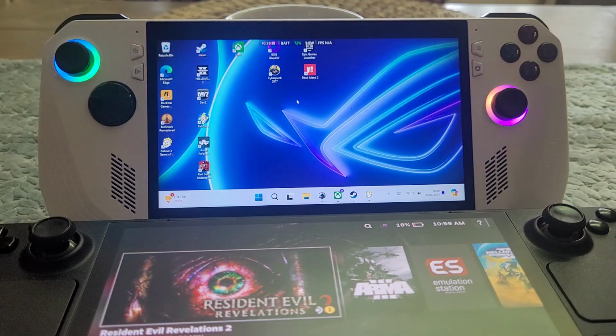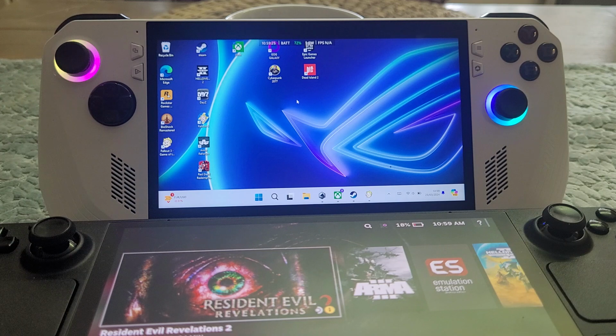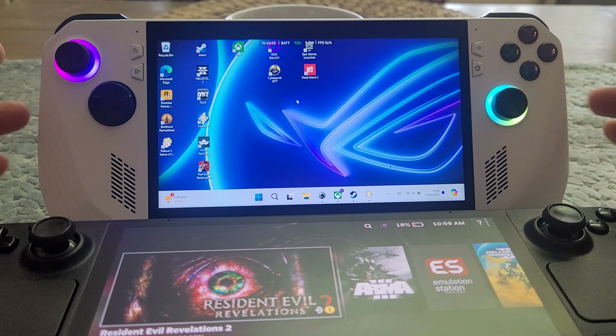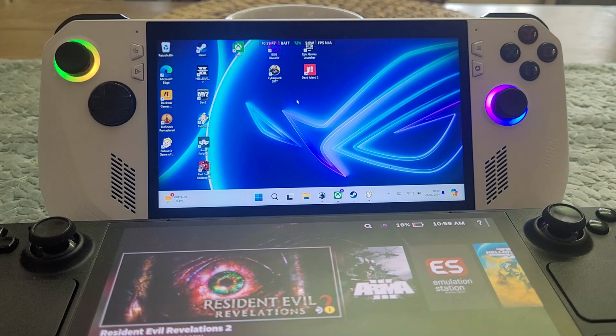Both devices can be plugged into a dock, and then you can plug them into a keyboard and mouse and plug them into a monitor as well, so you can run them that way. And that's where things start getting interesting, especially when it comes to the price of the ROG Ally non-extreme version. Now, unfortunately, in the UK, you can't buy it at the moment, but in America, you can. And from Best Buy in America, you can buy the non-extreme version of the Ally for $400, which is about